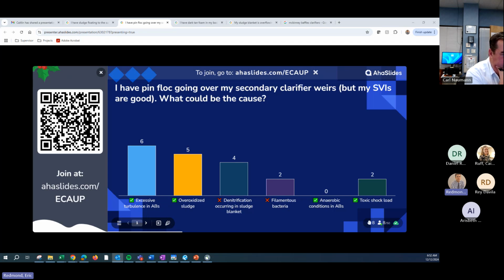Over oxidized sludge, high DO. When they say over oxidized sludge, it's like you're adding too much air, and it's like turbulence, but the other thing to think about is, when you think about your granules and your flocks, you grow nice big flocks and granules because you have different communities living within that flock, right? Some communities like to have a high DO, and some communities don't. And so that community forms,